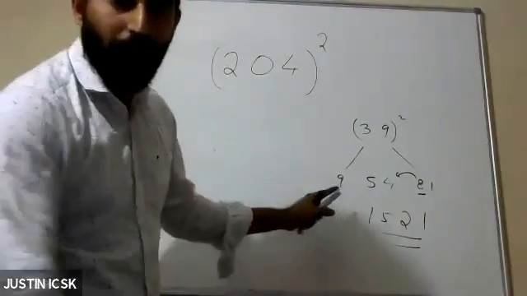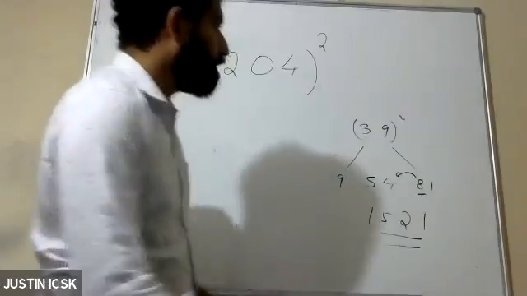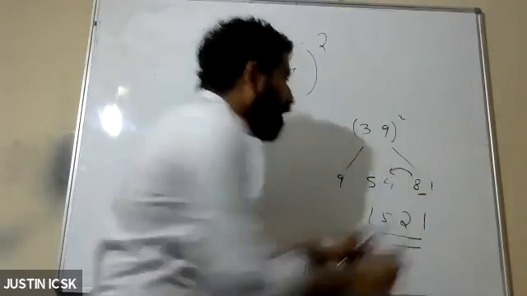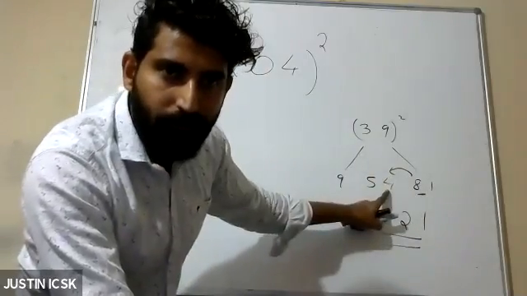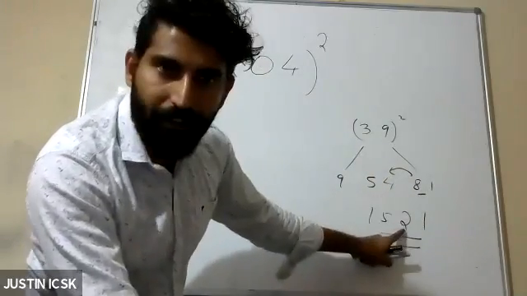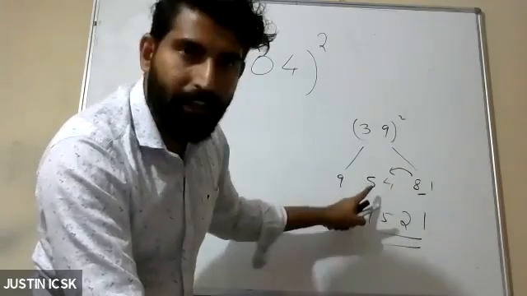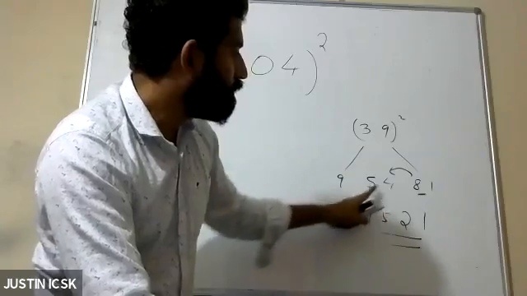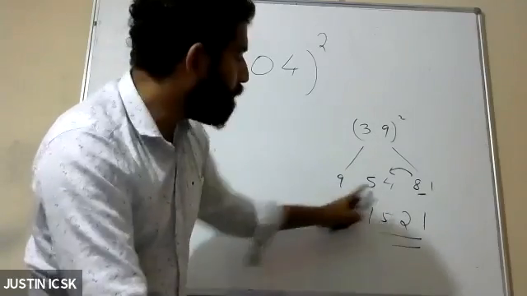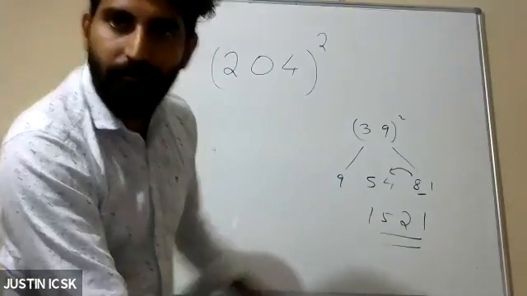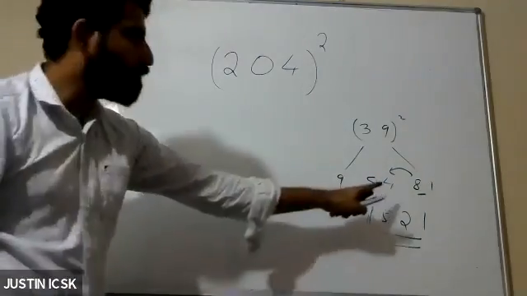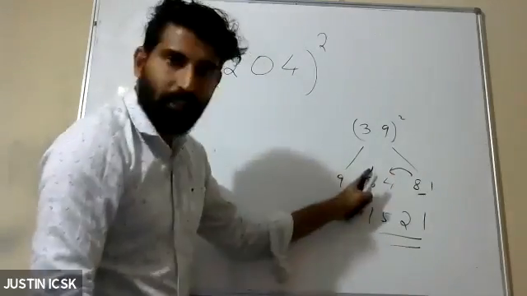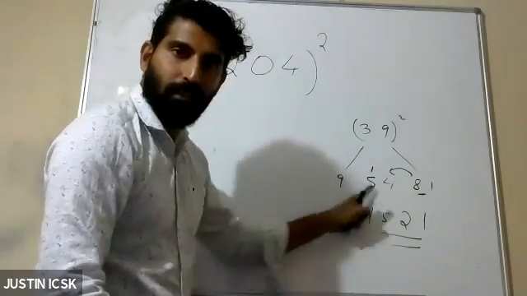Don't confuse with the previous one. When we carry 8, it will become 12. 8 plus 4 is 12. That only we write here. Then 1 should carry here. Then it will become 6. Then 9 plus 6 is 15. So twice carrying: 12, then 1 carrying, then again 1 carrying, that 6 carrying here.